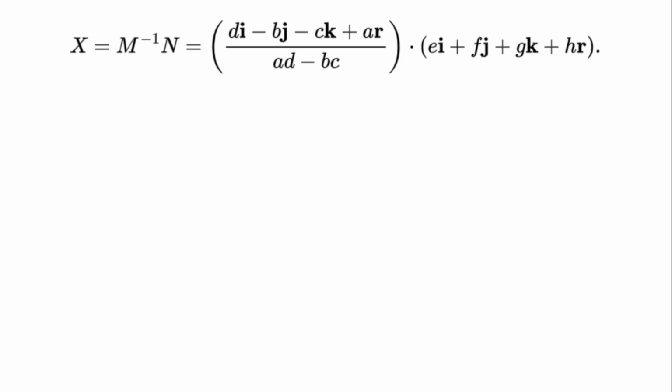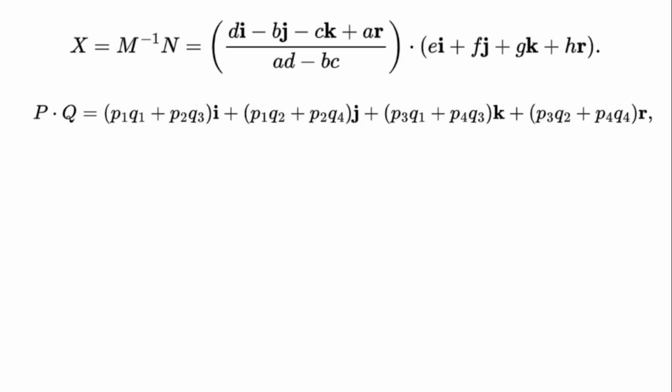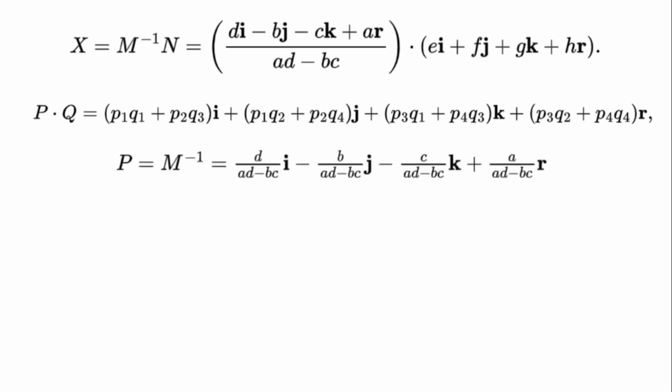Use the multiplication formula. P times q equals (p1 times q1 plus p2 times q3) times i plus (p1 times q2 plus p2 times q4) times j plus (p3 times q1 plus p4 times q3) times k plus (p3 times q2 plus p4 times q4) times r, where p equals m inverse equals d divided by (a times d minus